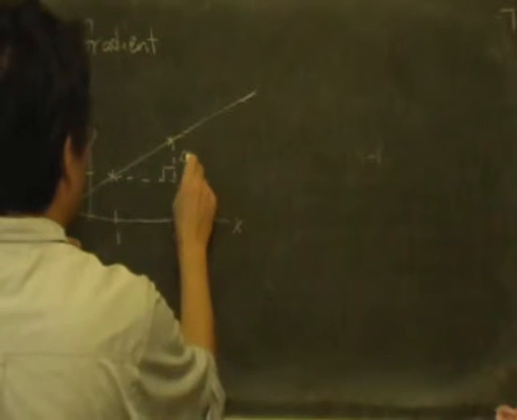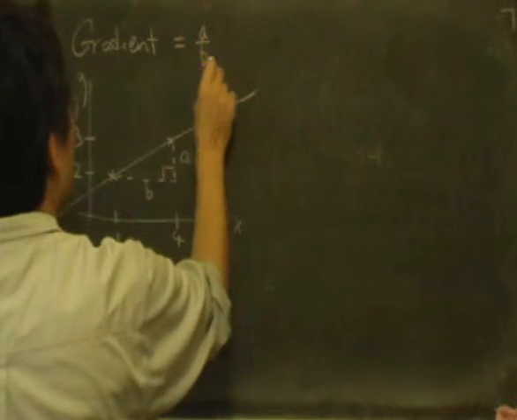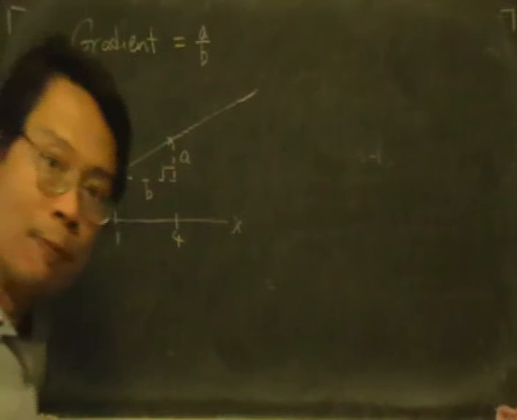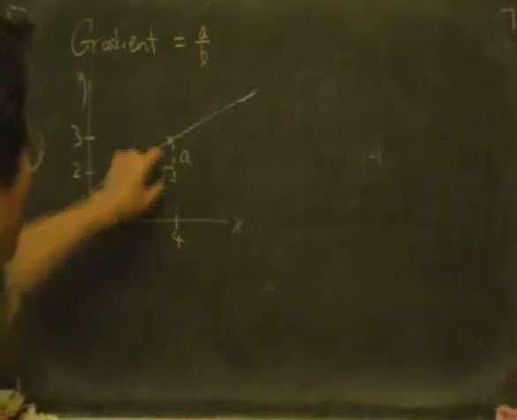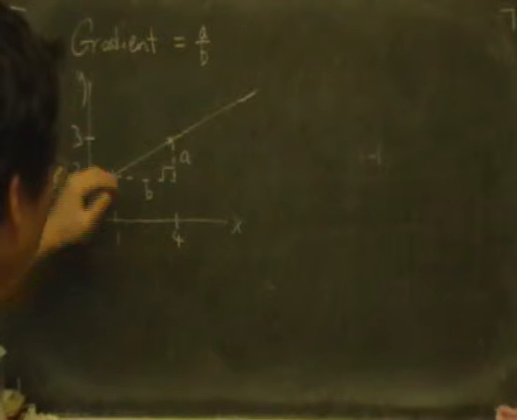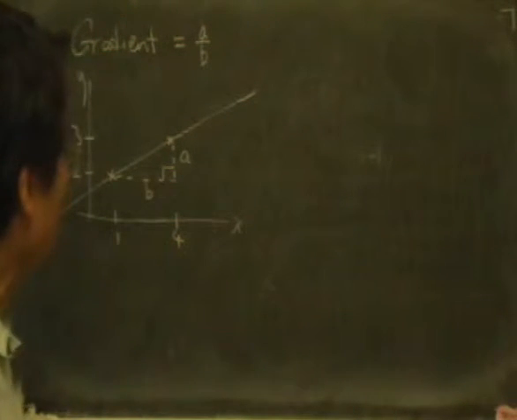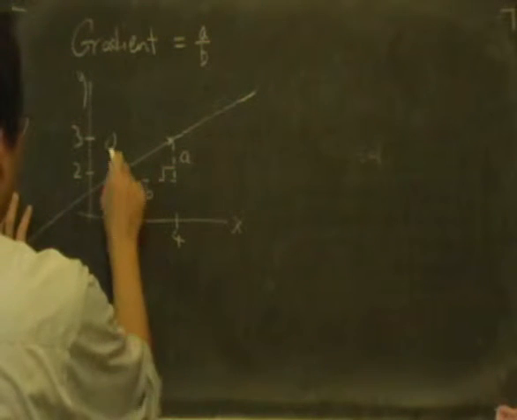So let me call this A and B. So it's equal to A over B. So that's the mathematical formula, but what does it mean? If I'm dividing the vertical distance or the height by the horizontal distance, the answer that I'll get will tell me, if you imagine yourself walking